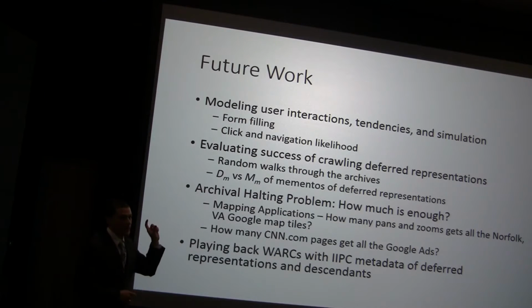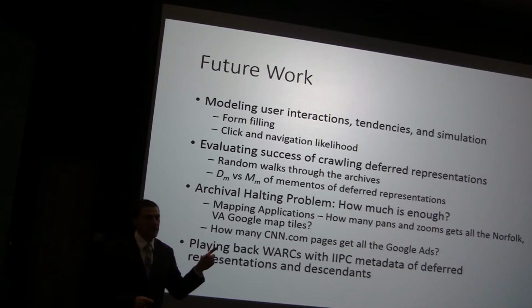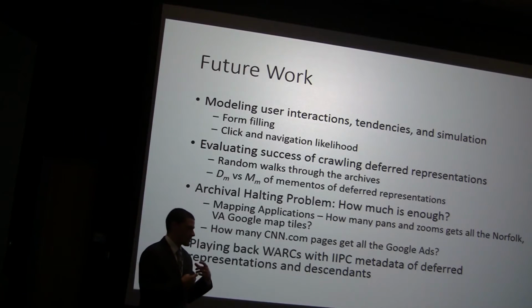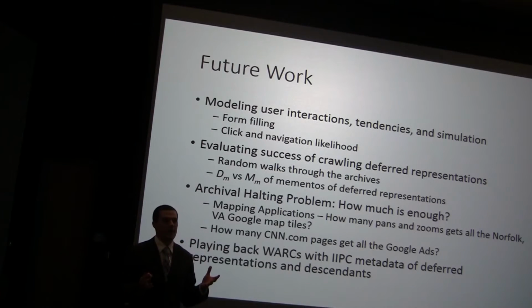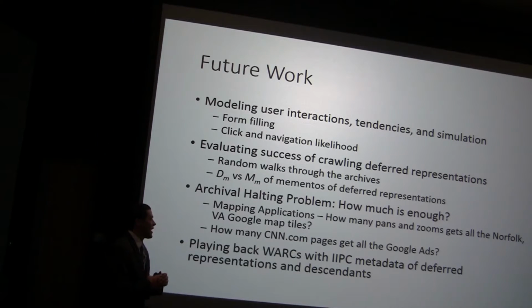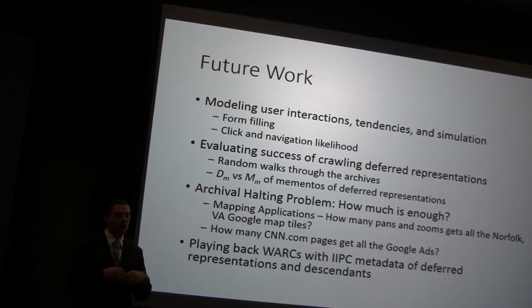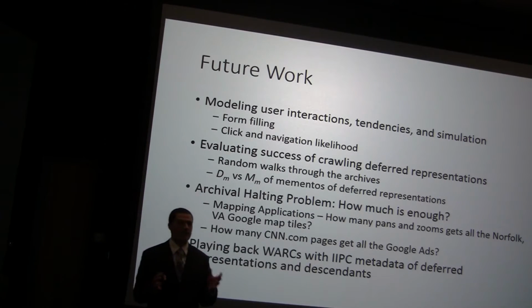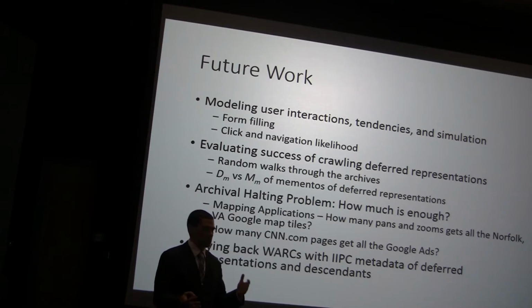We also have something that I call the archival halting problem, and that is understanding when we've got enough. So with things like Google Maps that have a near infinite interaction frontier, meaning a near infinite combination of clicks, zooms, pans, and things like that, how many of those do we have to do in order to get all of the map tiles for Norfolk? Or how many times do I have to click refresh on CNN.com in order to get all of the advertisements that will ever be given to